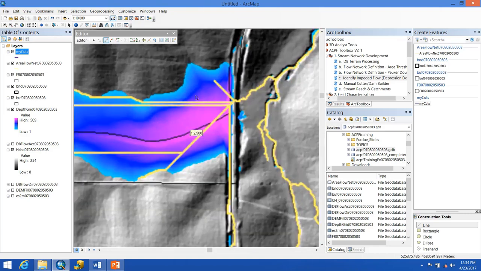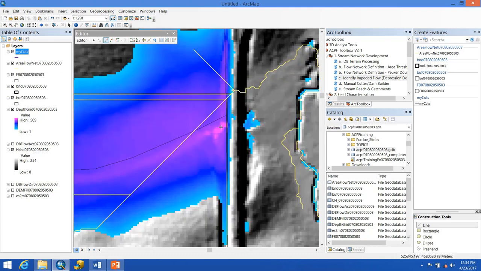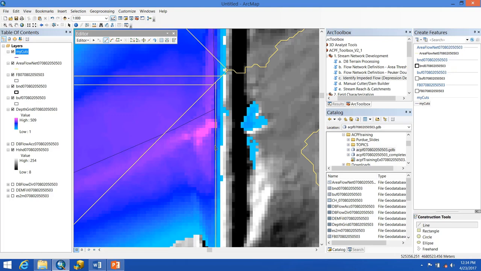So what I'll do is I'll zoom in until I can start to see some of the deepest spots within these depressions, shown here in pink and on this side of the road in darker blue or purple. To create the cut line, I'm in my editing session, have selected this and line, and I simply click from the deepest point on this side to the deepest point on the other side of the road. And then I double click to end that,